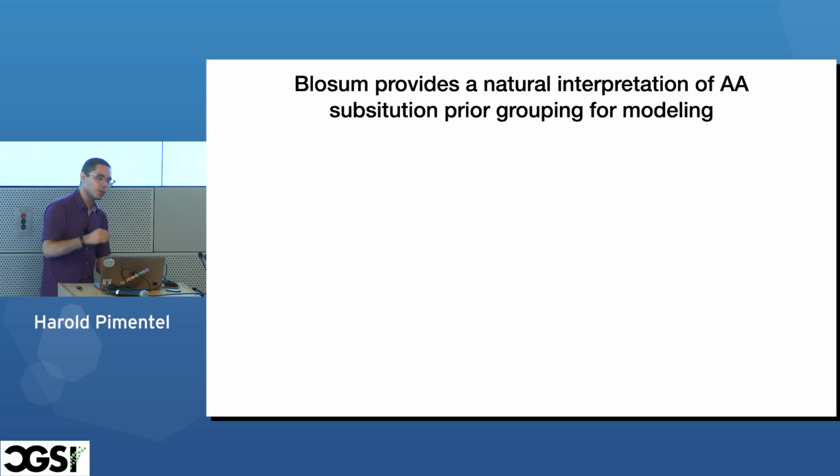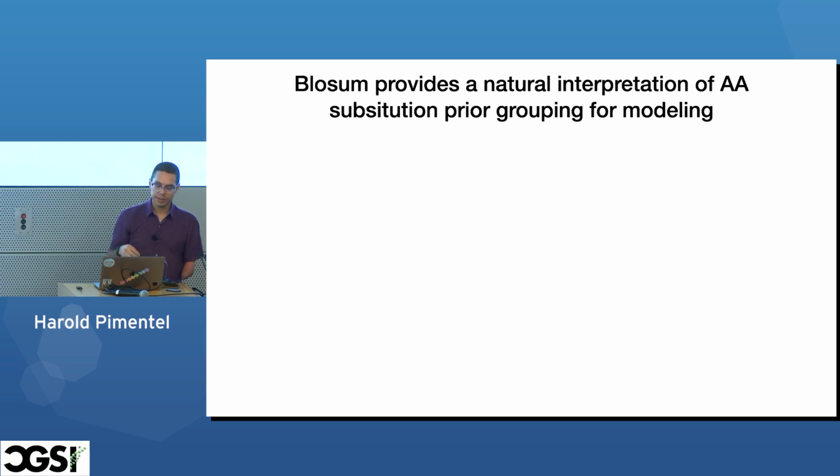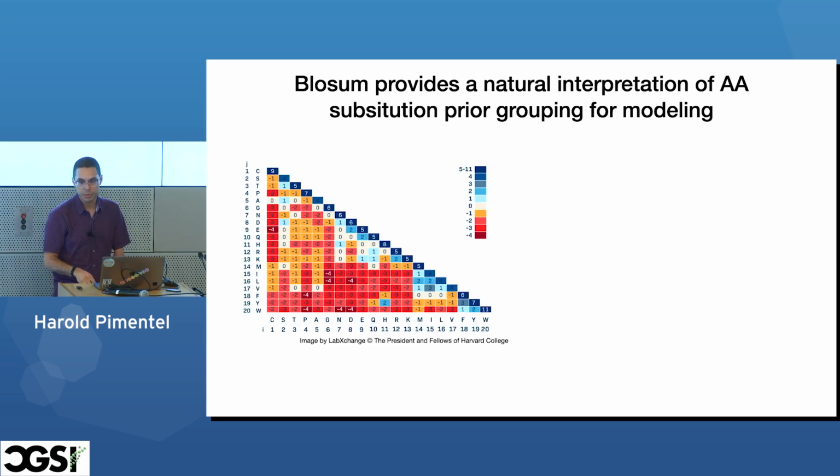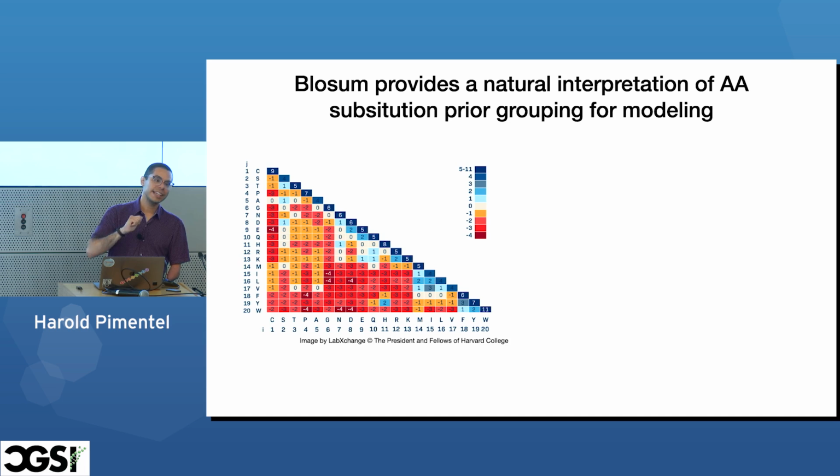But how do you deal with different variants that behave similarly? We can turn to evolution and sequence alignment for some inspiration, and in fact, that's what we do. The BLOSUM matrices, which many of you are familiar with, effectively provide some sort of weighing based off of evolution and a bunch of previously fit models on how likely a substitution is. That is, if you move from a C to an E, how likely is that relative to something else? More positive means it's more likely. More negative means it's less likely.